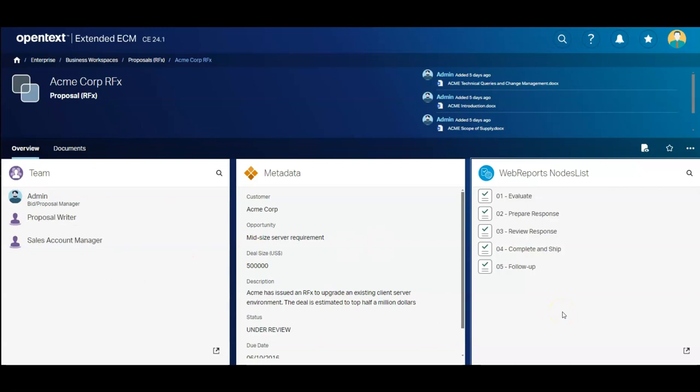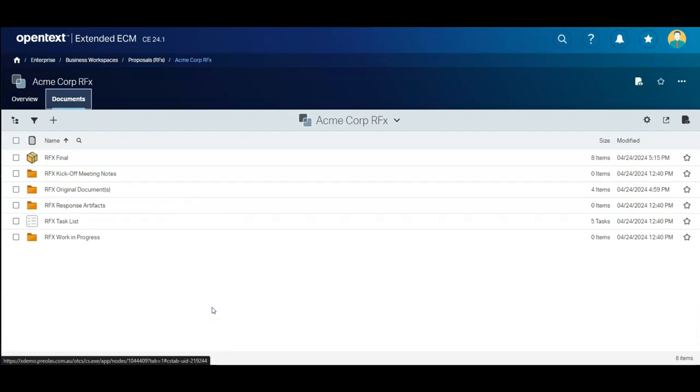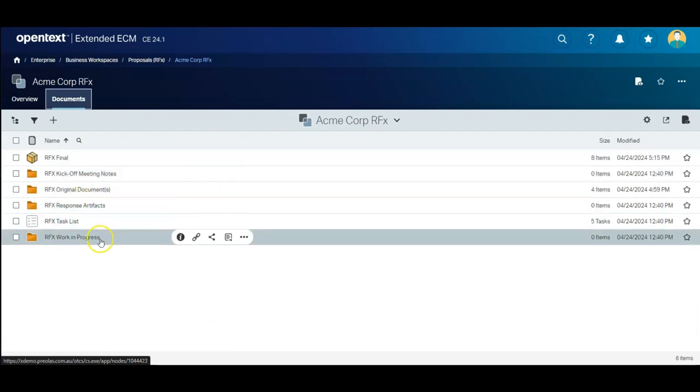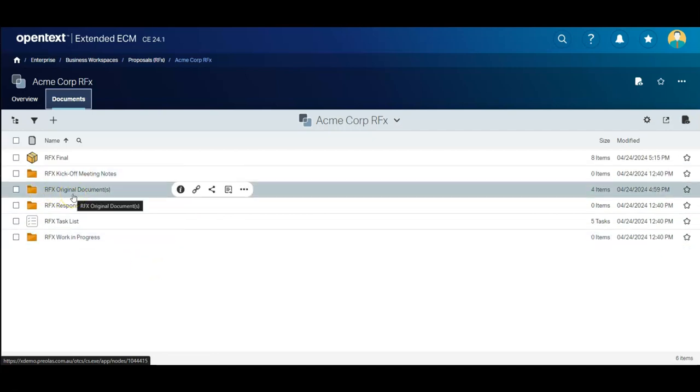for an RFP process. I've got some widgets that describe the RFP process and some of the tasks that need to be done. But I've also got an area for documents, and here I've got some folders where work in progress documents might be. We might have some original documents, just various places to maintain and manage documents that are relative to this RFX